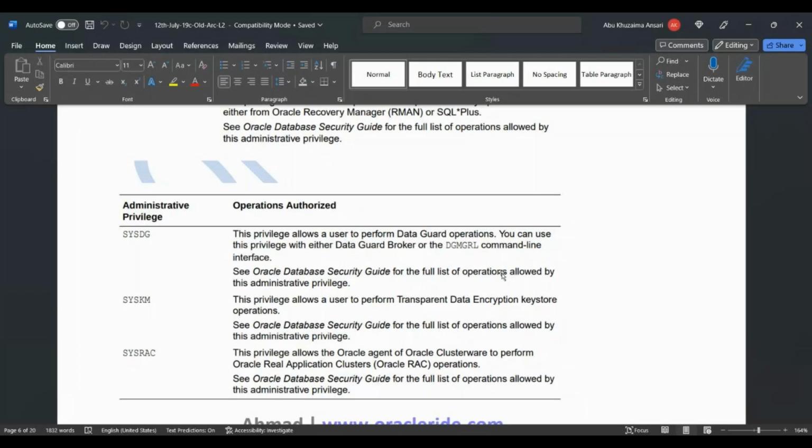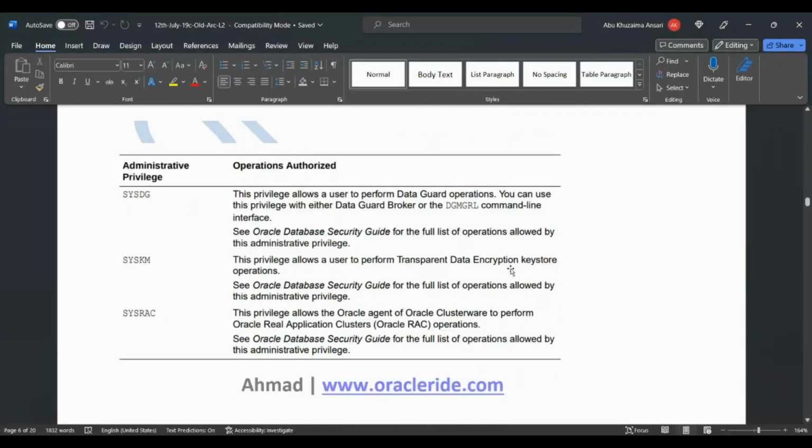Just like SQL*Plus, we have the DGMGRL command line interface in Data Guard. And the SYSKM privilege is for transparent data encryption keystore operations, and SYSRAC is basically for RAC operations. Okay,